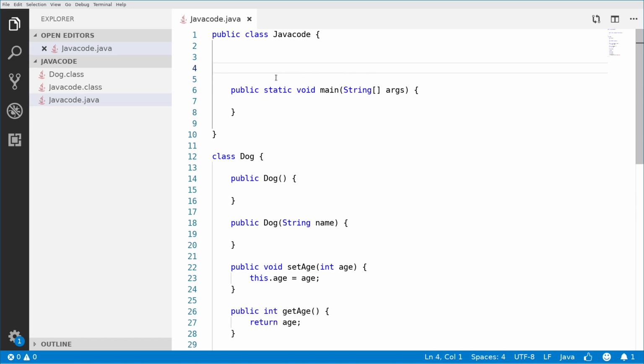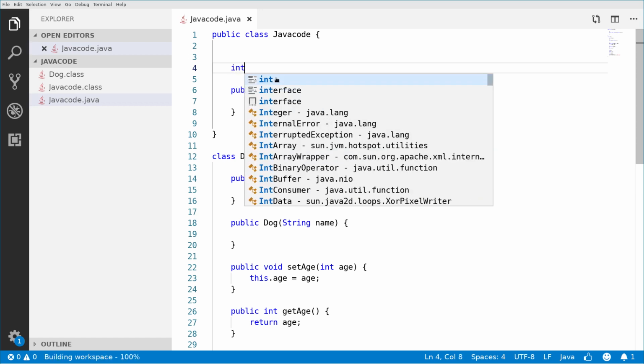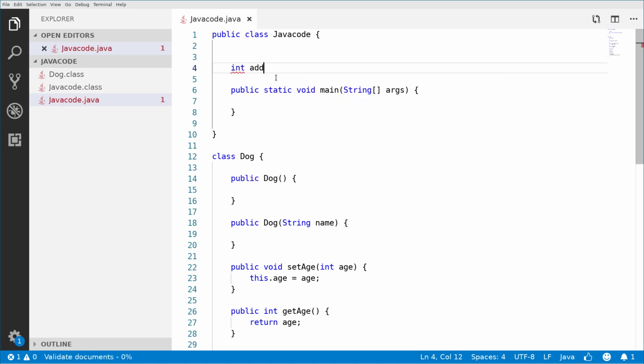So maybe I want to call a method that would say add numbers, right? And that addition will return an integer, right? So you can say int add numbers. And now I will introduce you to parameters. So parameters are values like the ones we used here in the doc class, or these inside the parentheses, int age, right? So are values that are passed between method calls to specify what we require from the method,